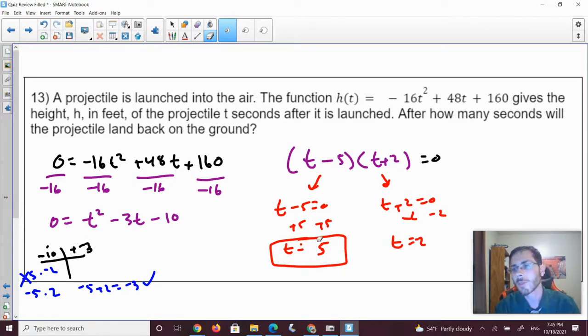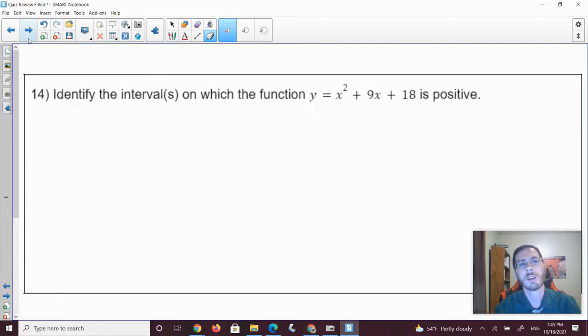So 5 seconds. Again, you can double check it with the graph. You can use the graph. Check your work. Not too bad. If the numbers are scary, again, we see that GCF division trick. But there we go. All right, for 14, identify the intervals which y equals x squared plus 9x plus 18